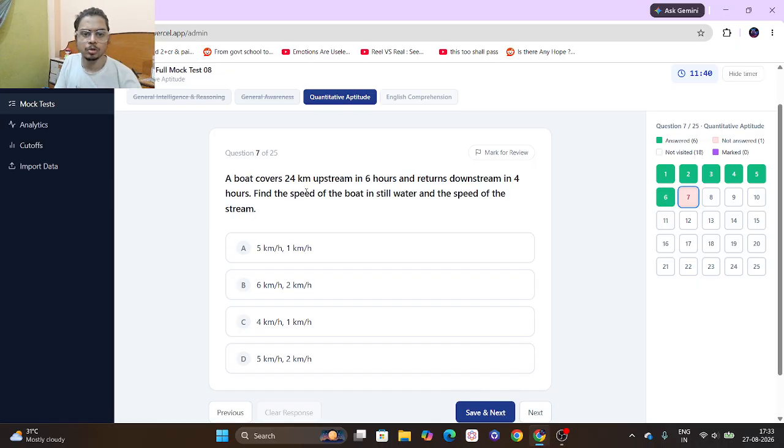Next, a boat covers 24 kilometers upstream in 6 hours and returns downstream in 4 hours. So upstream and downstream, 24 kilometers